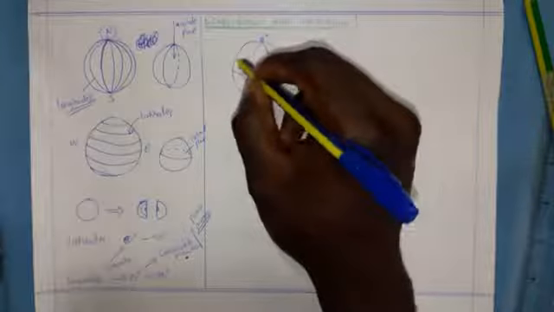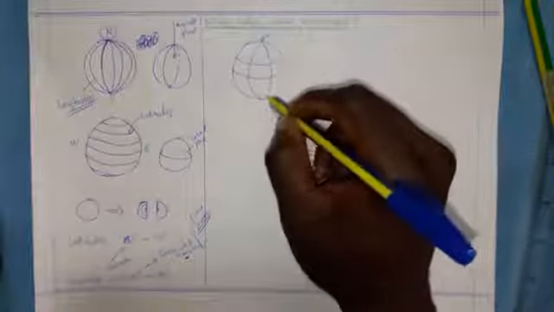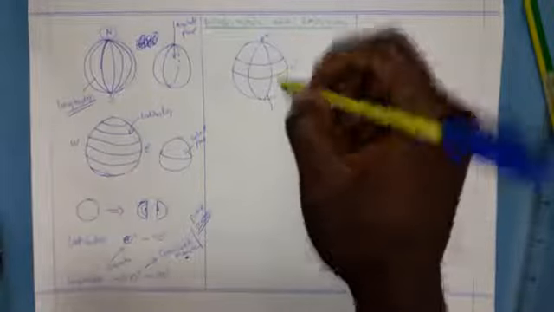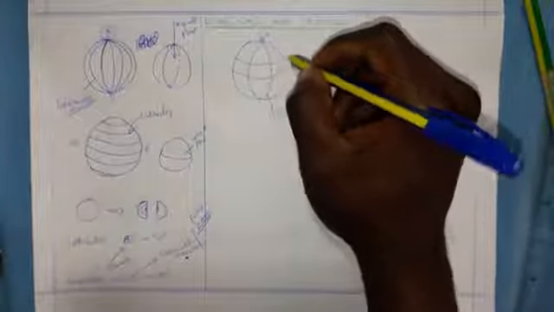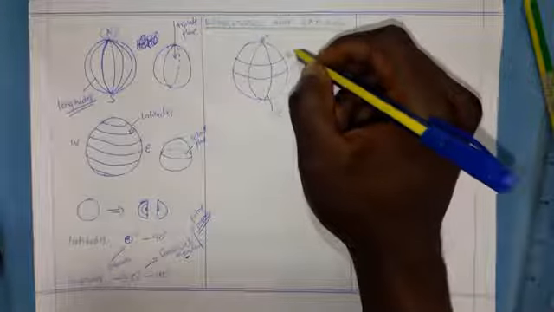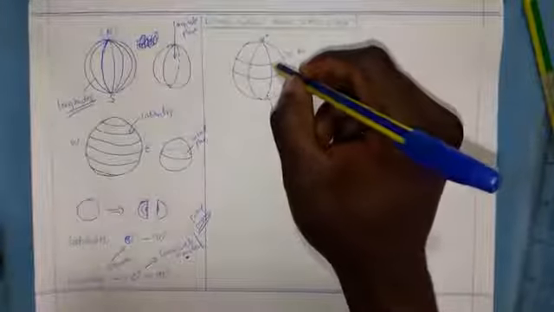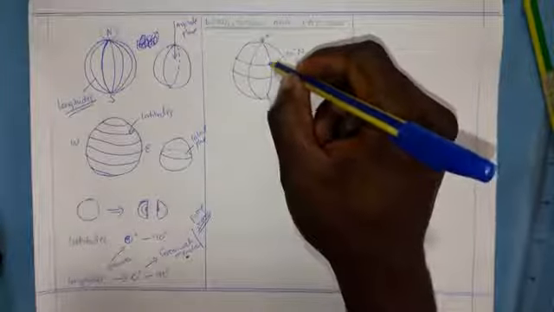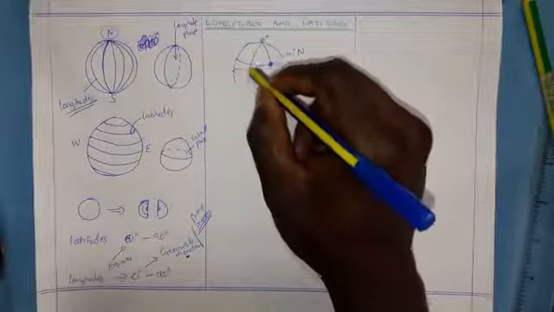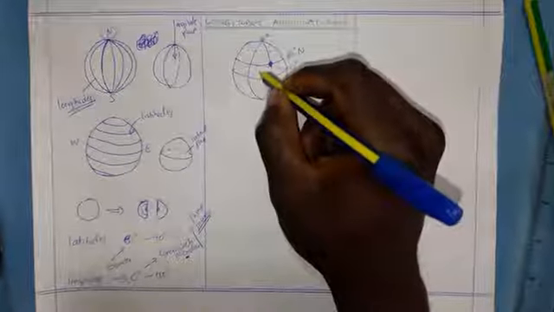Then we have this as, let's say, 15 degrees to the east. And this is, let's say, 30 degrees to the north. I'll find that this point here, with respect to the center of the Earth,